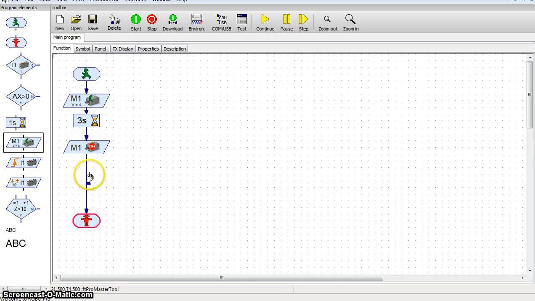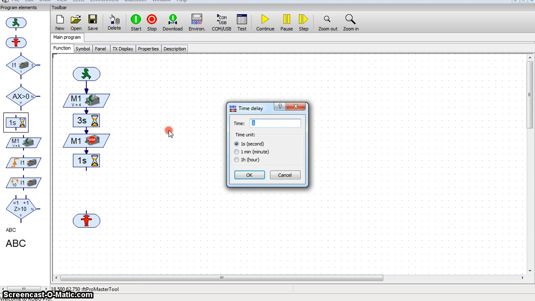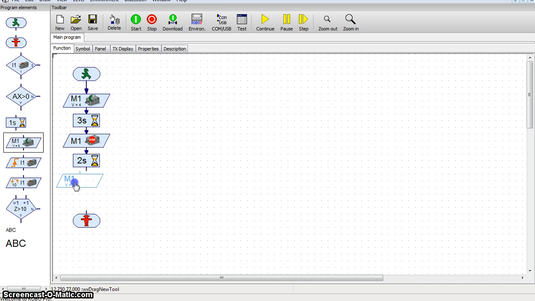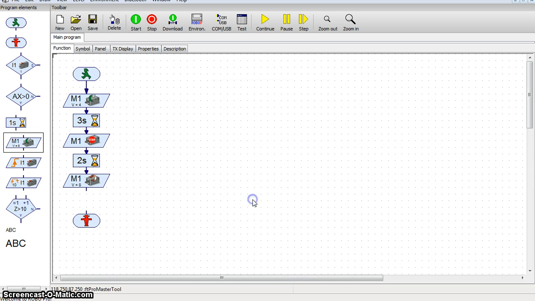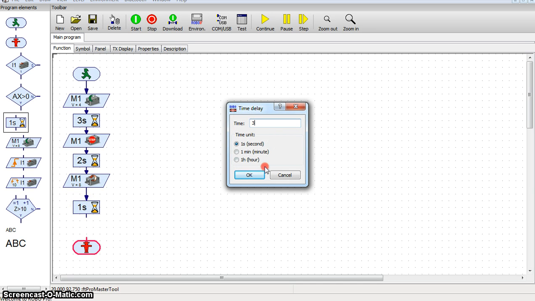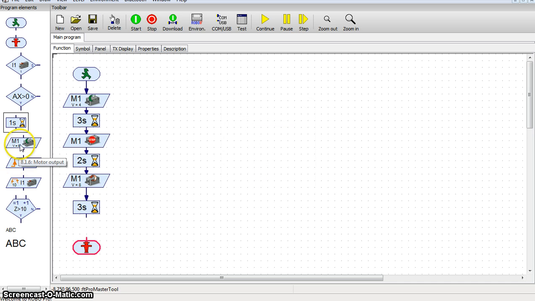In this case, let's say that we wanted to start and go clockwise for 3 seconds, and then stop for 2 seconds, and then reverse for 3 seconds. So here I'm going to go counterclockwise. And you can also change the speeds on these so that they go forward at half speed. You can go reverse at full speed. Whatever you want. As a teacher, you can make up these little problems for them